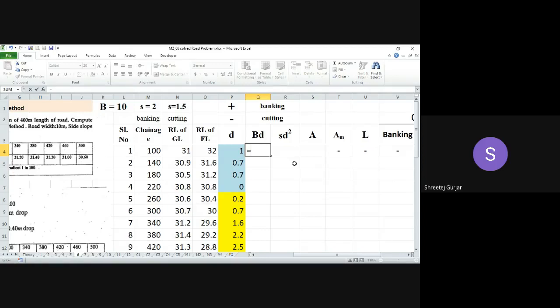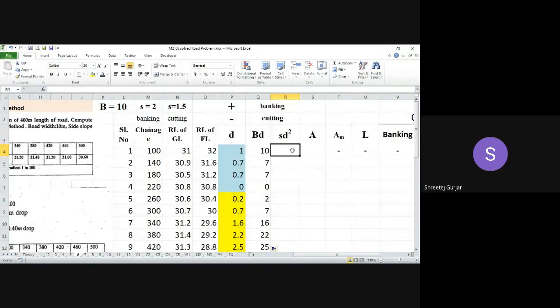B is equal to what? You can see it on your screen. 10, sir. 10, right? B is 10, the top width which is given. You can observe here. So B is equal to 10 into D. That is this. No calculation of mean depth. We are directly calculating area. So this will be applied for the whole thing. P into D, then S into D. We have to calculate separately, right?